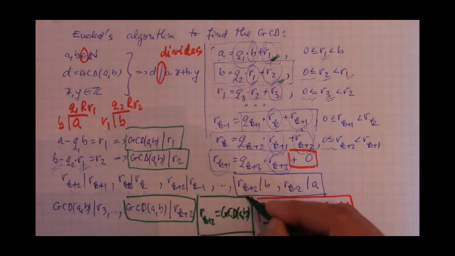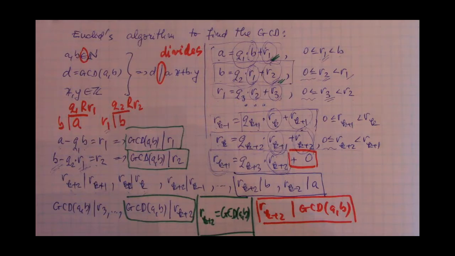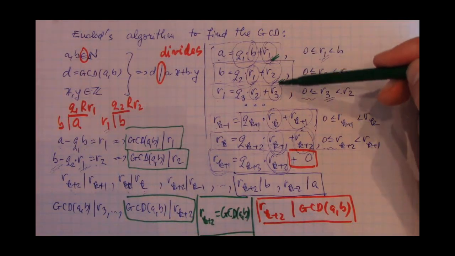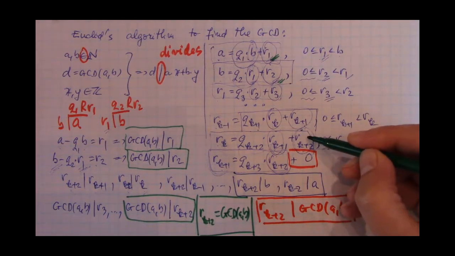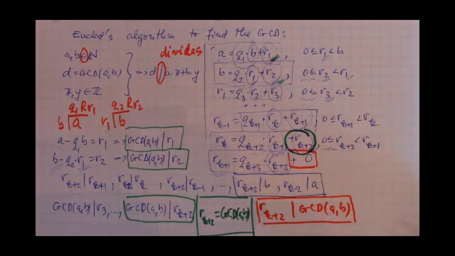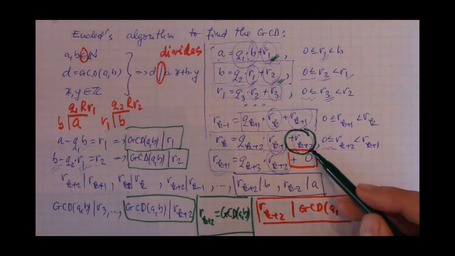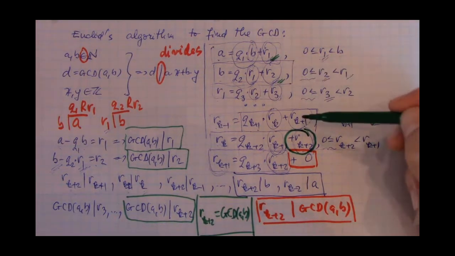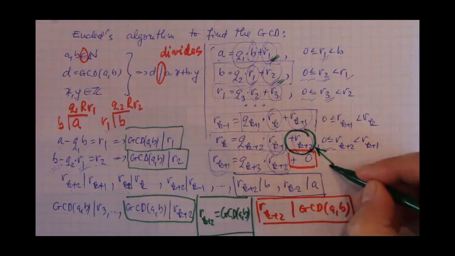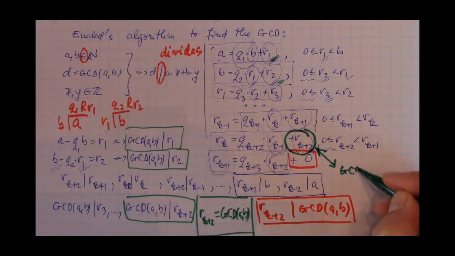And this is Euclid's algorithm. So basically, this chain of divisions will lead us to this remainder. This is the key right here. And this remainder, the last remainder in this chain of divisions that's not 0, this is the GCD of a